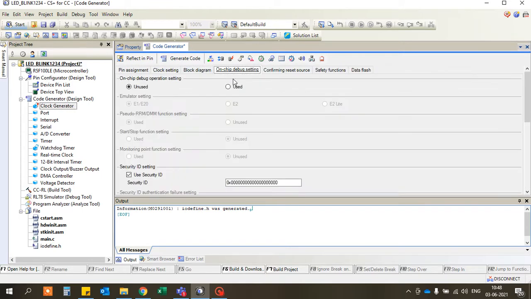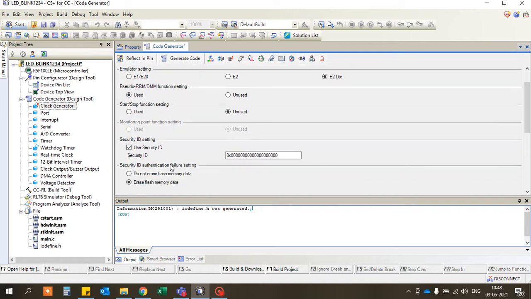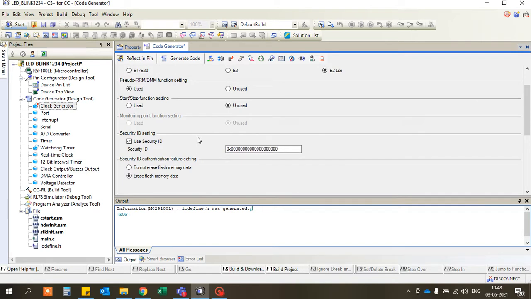If you have hardware with you, then you have to open this use. This is for debugging purposes. Then E2 Lite, select your debugger which is with you. Then here no need to change. Then here is a security ID.